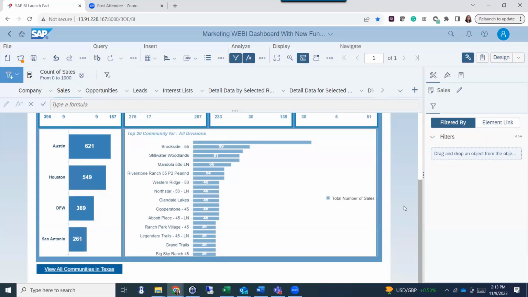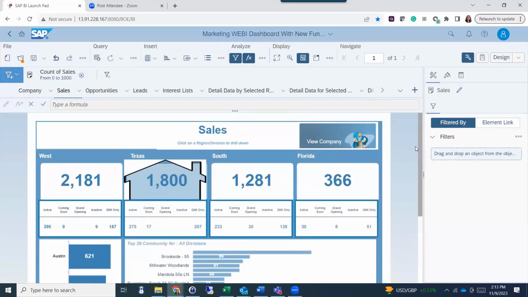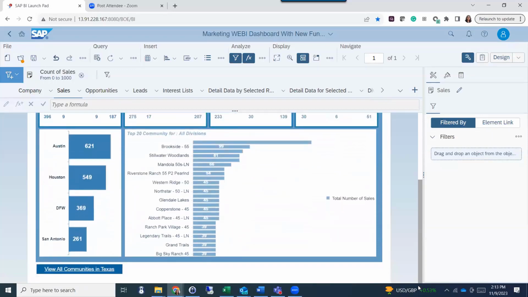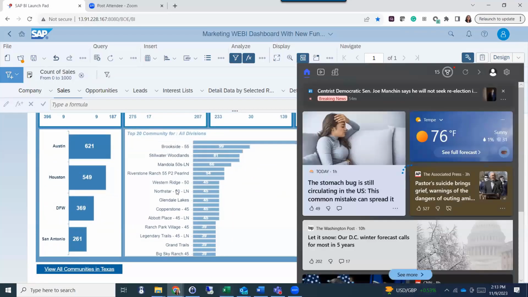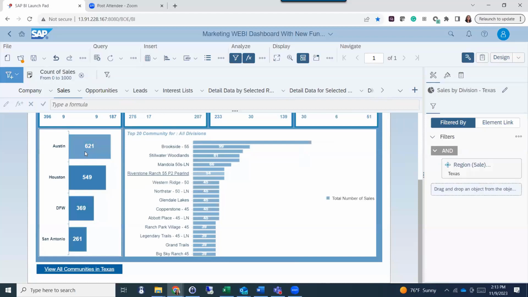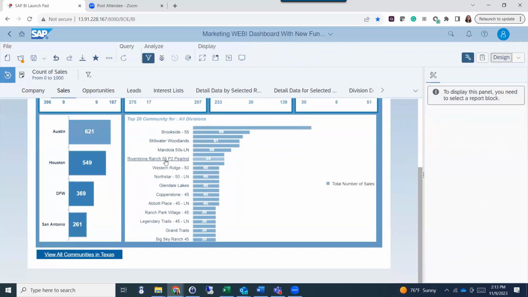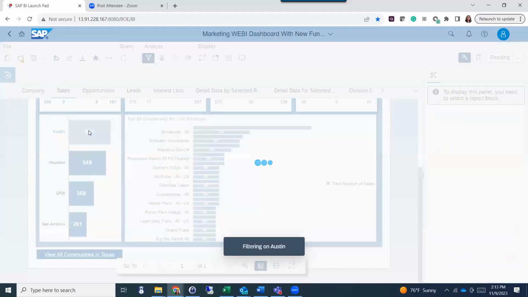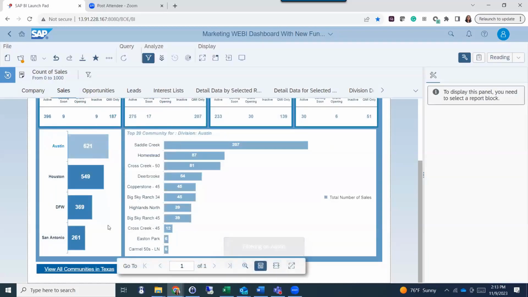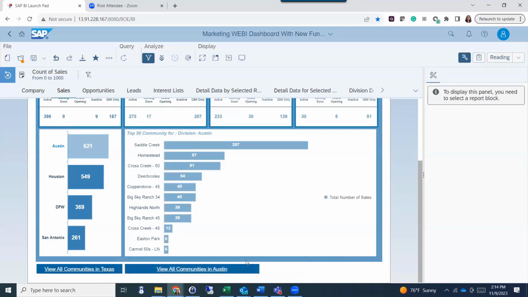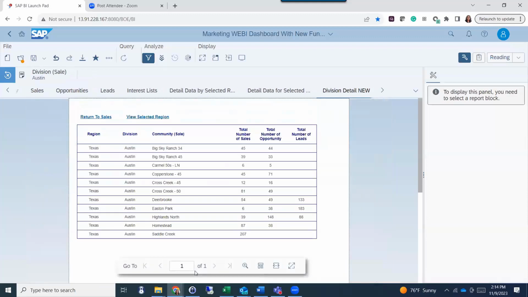So when I filter for, say, Texas here, I have the divisions for Texas. And if I further filter, say, I have to be in reading mode for the links to work. And then I have another link which says view all communities in Austin. And when I click on that,